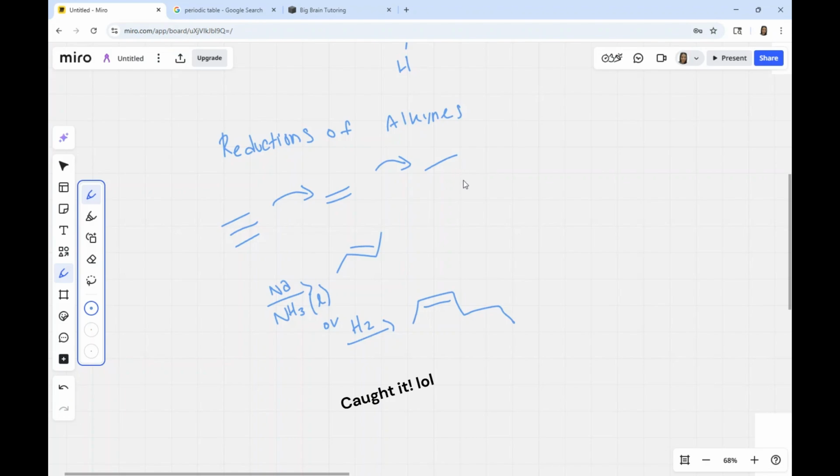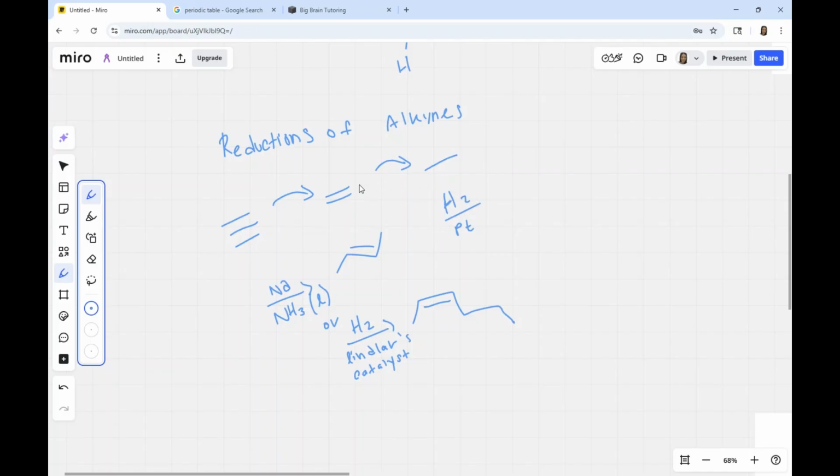I mixed it up with a reaction from the alkenes chapters 7 and 8, when we talked about addition reactions to alkenes. This actually uses something similar. It still uses the two hydrogens, but it uses a poison catalyst, also called Lindlar's catalyst. I think it's named after the guy that discovered this. But essentially, if you just have H2 and what we had previously, which I think was platinum or nickel,